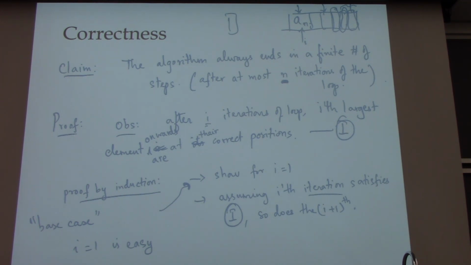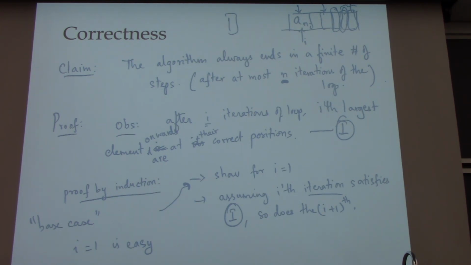I'm showing you how you very formally write a proof so that you get used to it. The proof is to prove the correctness of the algorithm. As I was observing, the way I wrote the algorithm, proving that it ends in n steps is